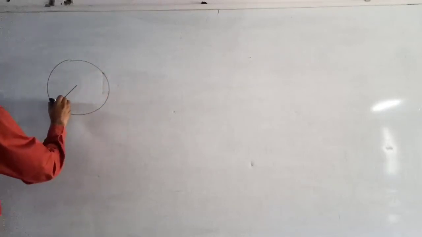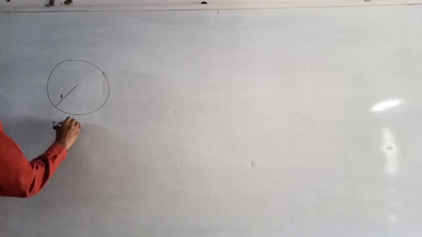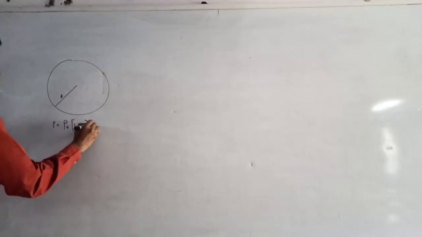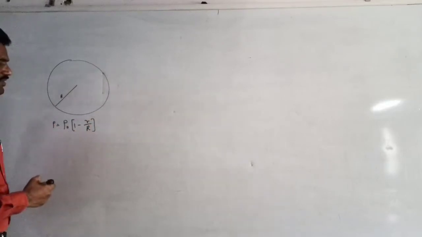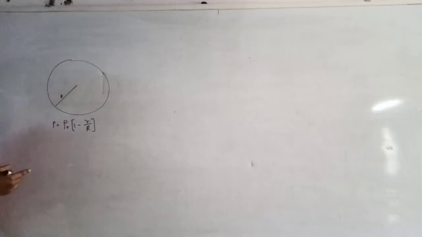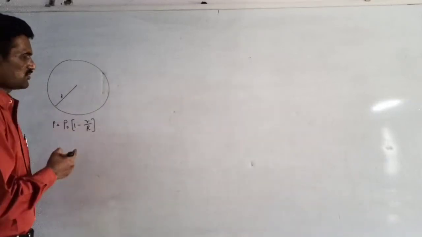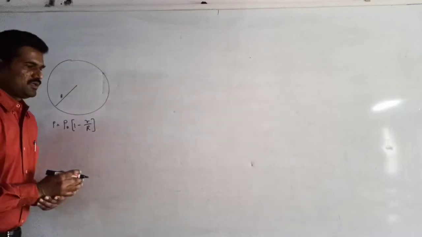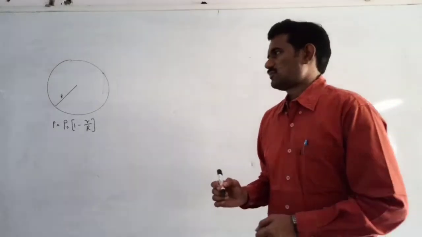So in a sphere of radius R, the charge density is varying according to the equation rho is equal to rho naught into 1 minus small r by capital R, where rho naught is a positive constant and small r is the distance from the center of the sphere. Find an expression for